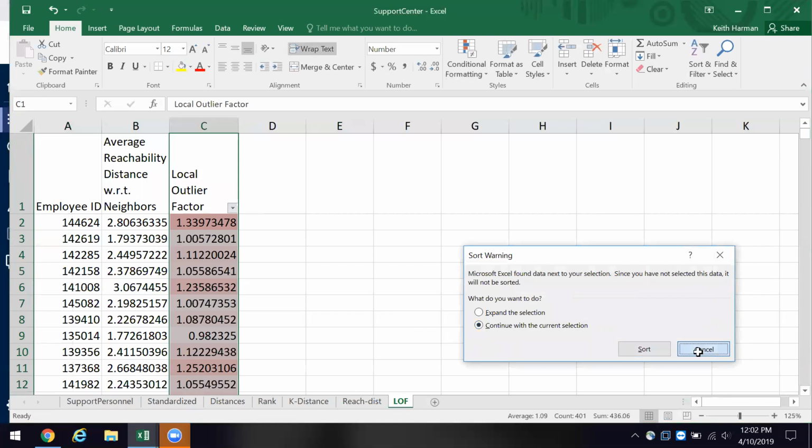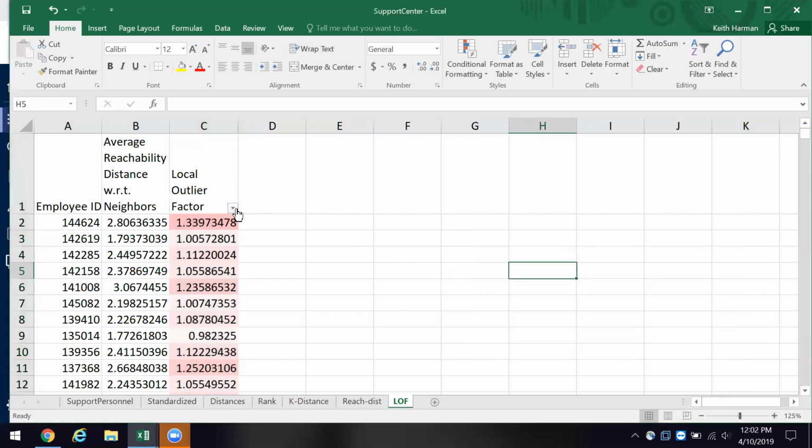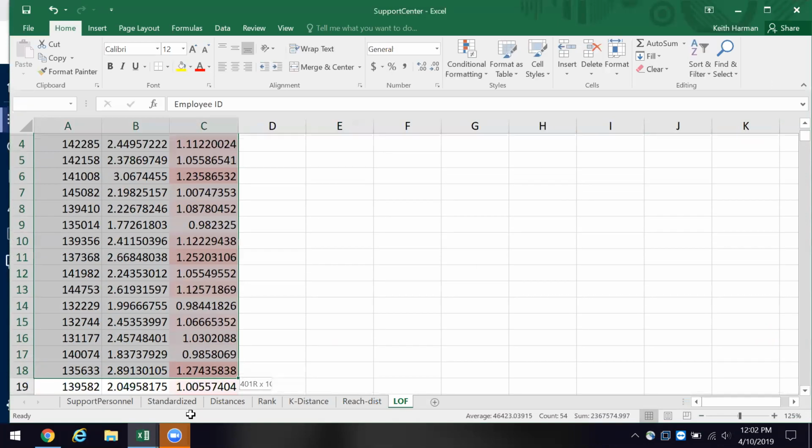I'm going to cancel this because I think I got a better idea. So I'm going to go back over here to the filter. I'm going to toggle it off. I think what I want to do is sort this array. I think I'll get better results with the sort.